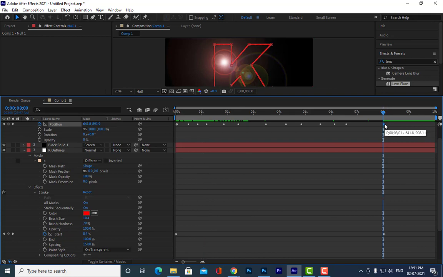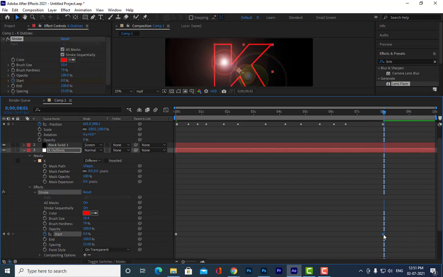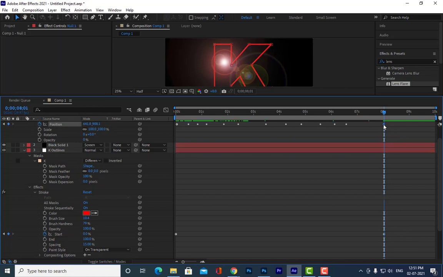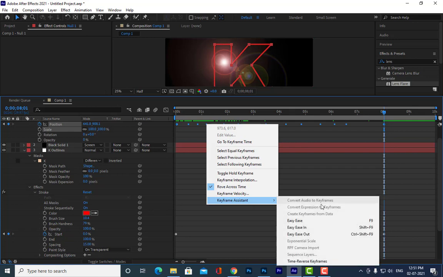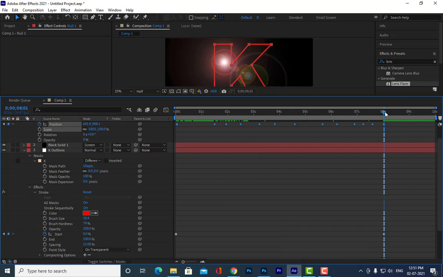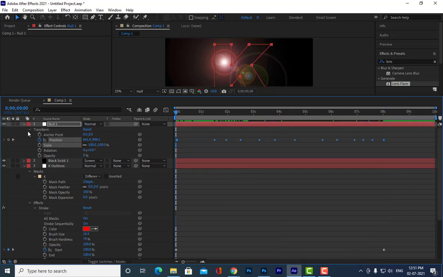We have to keep it exactly at the 8th frame. Then we'll select all the keyframes and right click, keyframe assistant, time reverse keyframes. Is it clear, all of you?